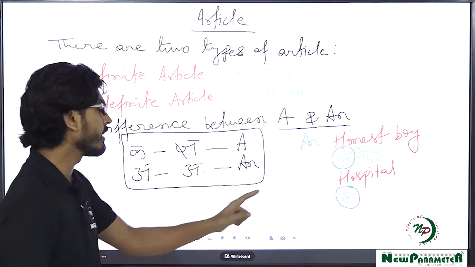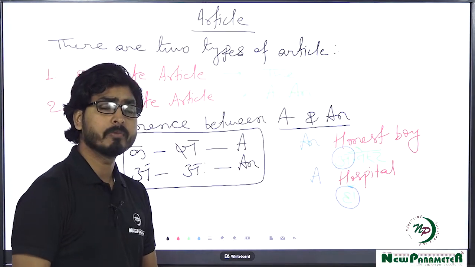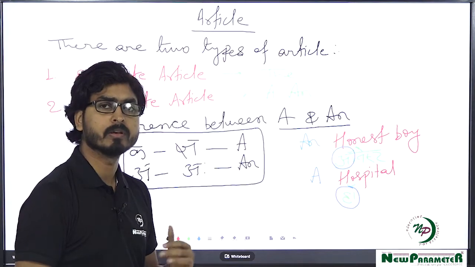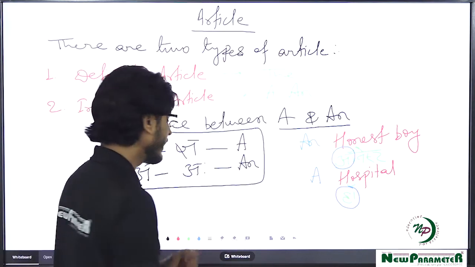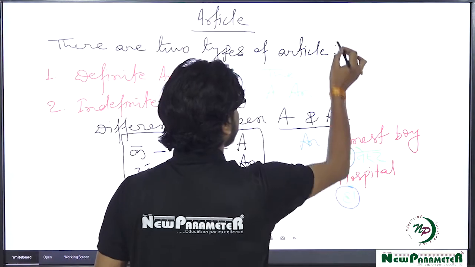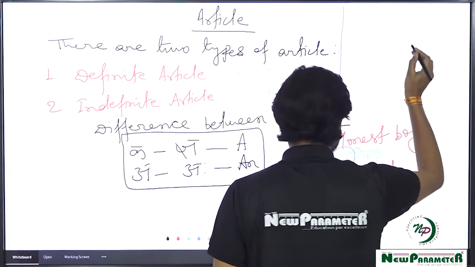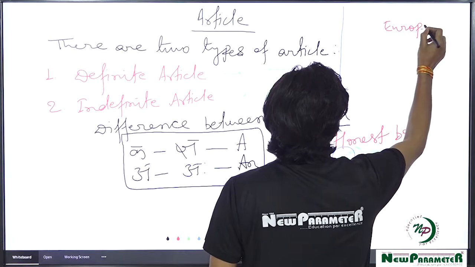It means we have to put a here. If it pronounces between ko and gyo, we put a. If it pronounces between a and aa, then we go for an. If I write European,